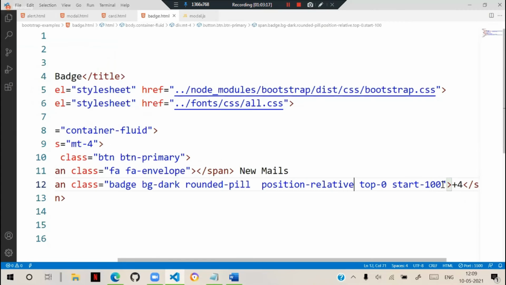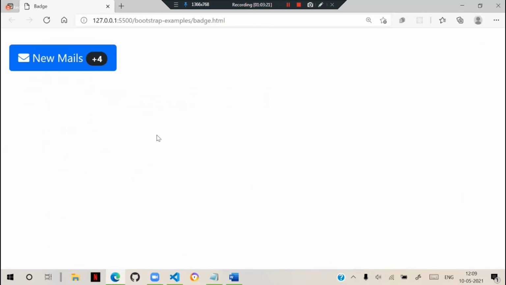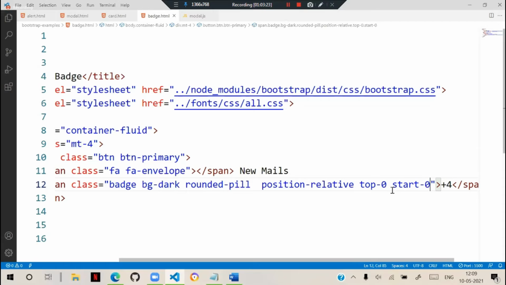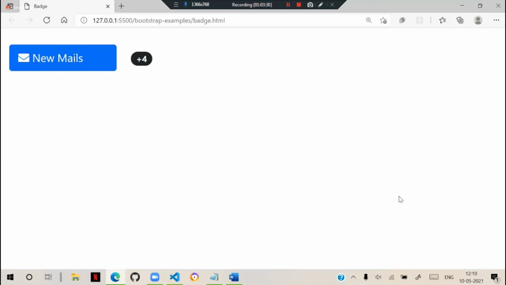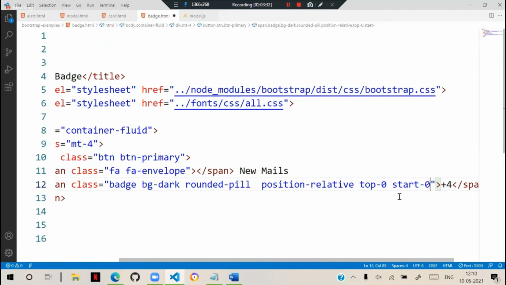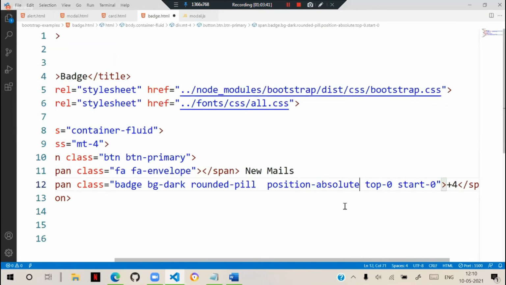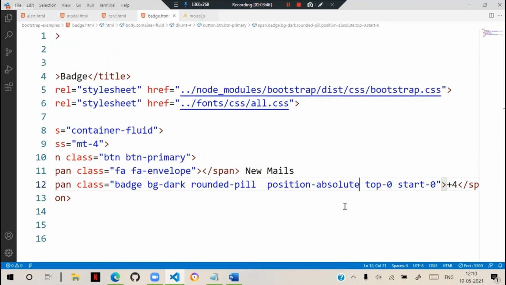And the start I defined as 0, so start 0 means it will display there, and top also 0. If I say start 50, it will be outside like this. Start 0, it will be in the beginning here. Position absolute means it is not related to the content, it comes somewhere here. Now how can you change its position?